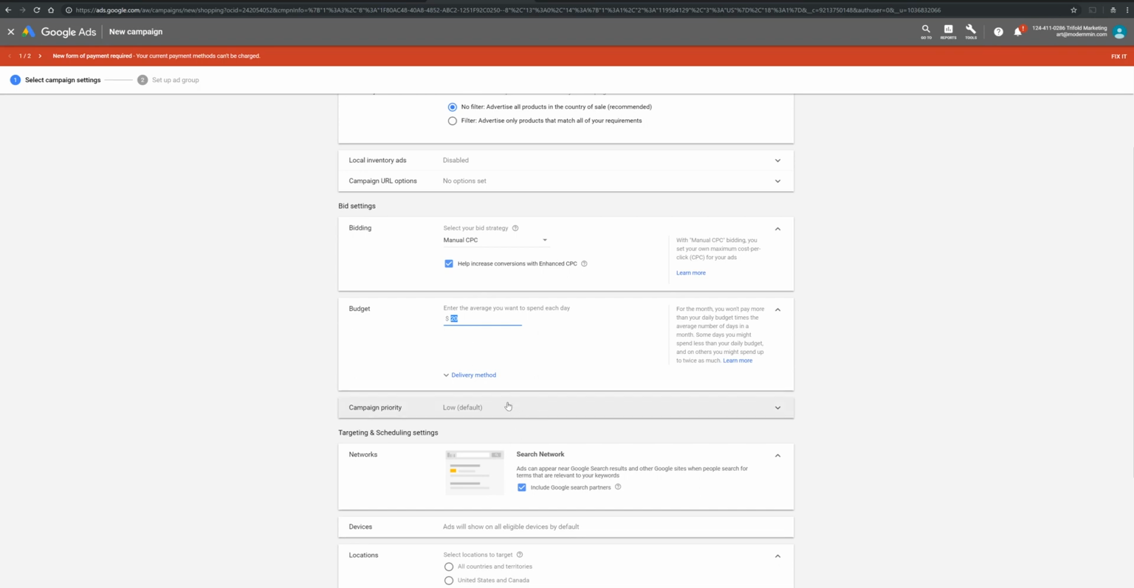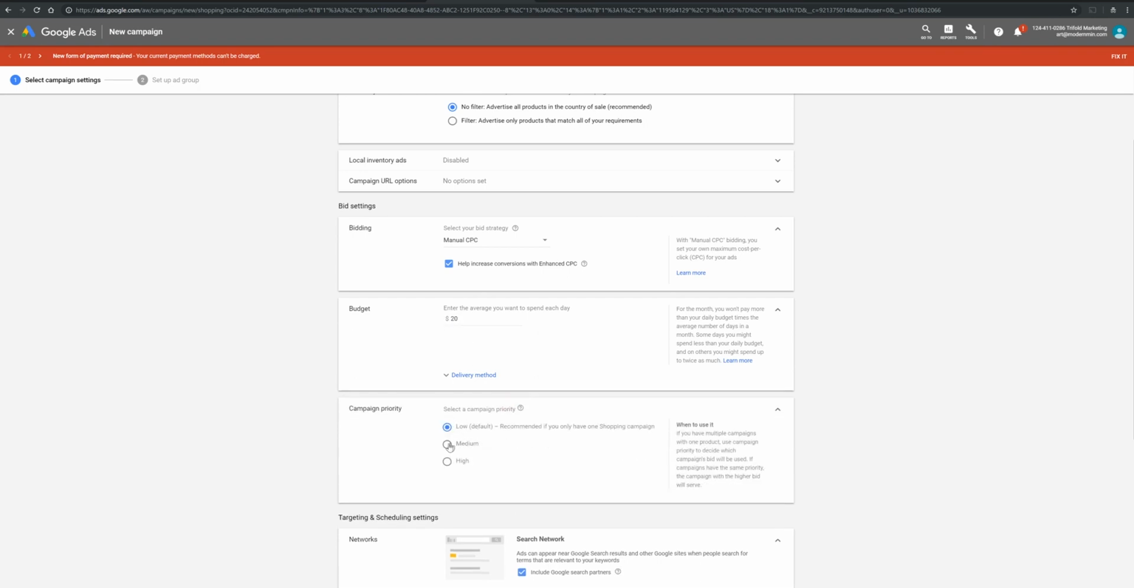All right. So next, campaign priority. Let me go ahead and explain to you guys what these are. So say you have, I'll just read it here because Google says it better. All right. If you have multiple campaigns with one product, use campaign priority to decide which campaign bids will be used. If the campaigns have the same priority, the campaign with a higher bid will serve. All right. Now, this is